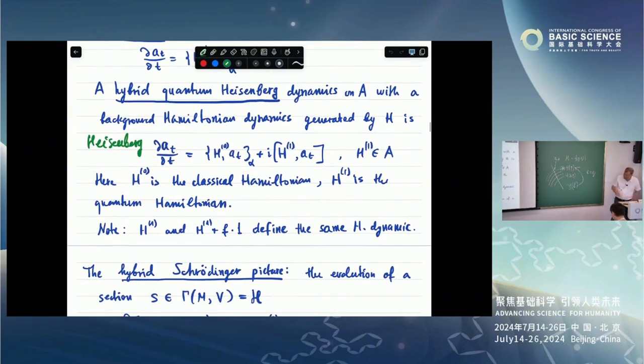And as usual, there is an ambiguity. So if you change the Hamiltonian by some function times the identity,